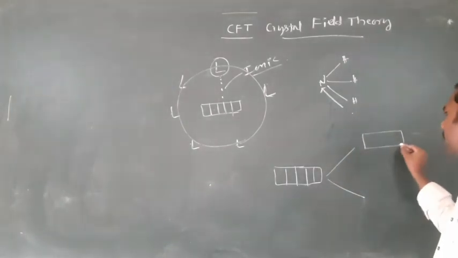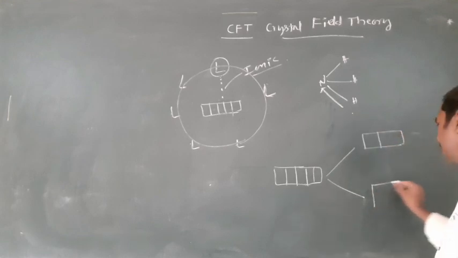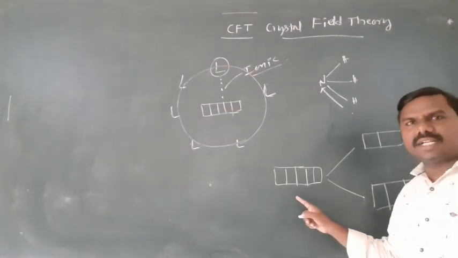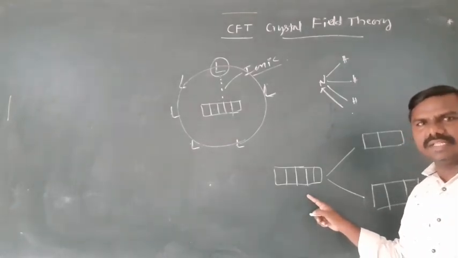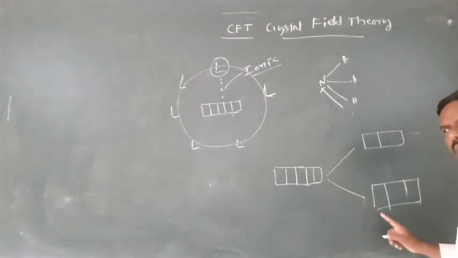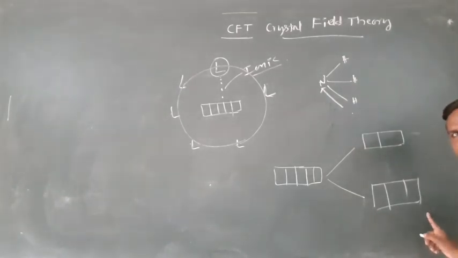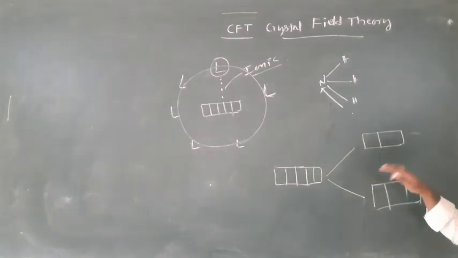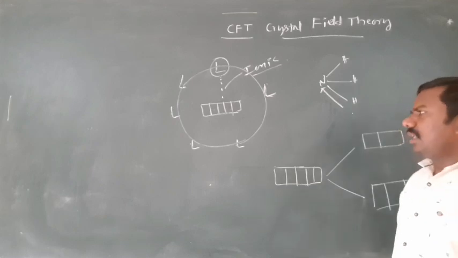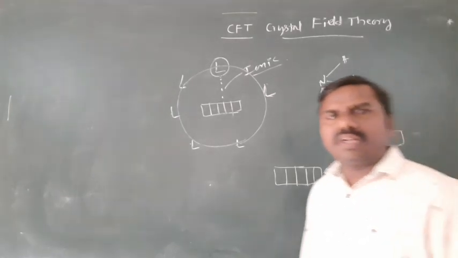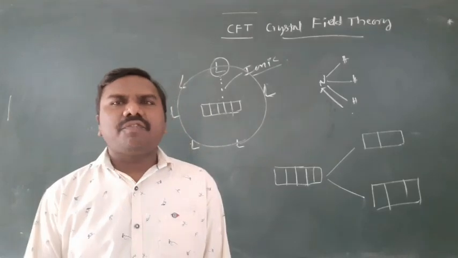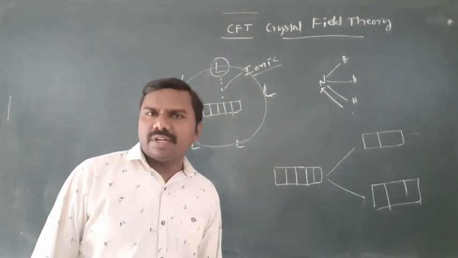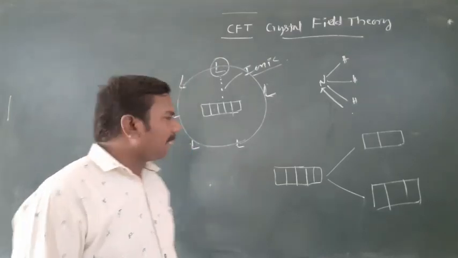One is Eg, another one is T2g. The d orbitals dxy, dyz, dzx, dx square minus y square and dz square will be split up into dxy, dyz, dzx as one set with lower energy, and dx square minus y square and dz square with higher energy. This type of splitting is called crystal field splitting. Field is a negative field.